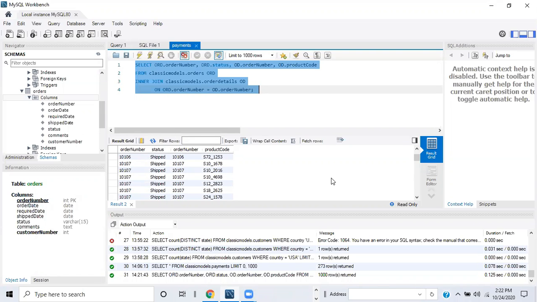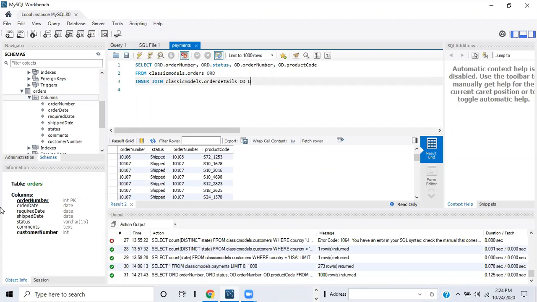All right. So let's see if we can get to this. When you have for the inner join two columns that are the same on both tables, and you're using the equal clause, which we're doing right here, instead of saying ON such and such, like order number equals order number, what you can do is right in the inner join, right after you name the second table, classic models.order details, give it an alias of OD in this case, and then